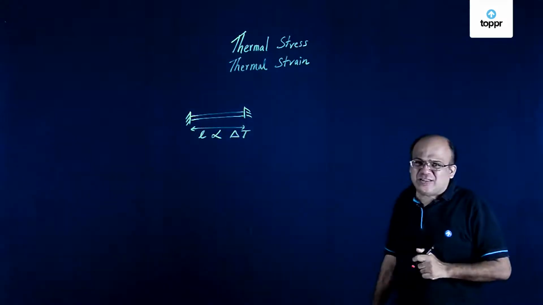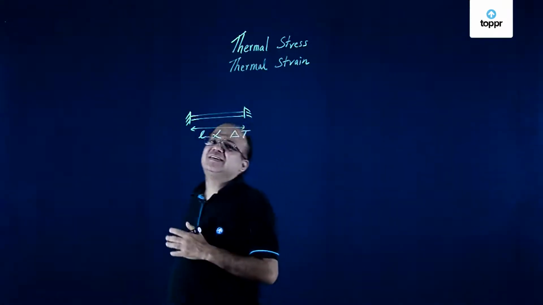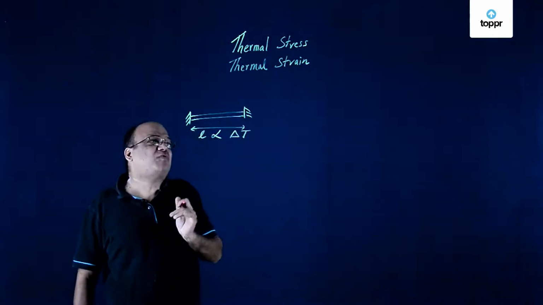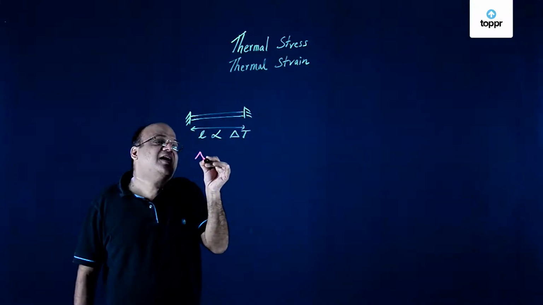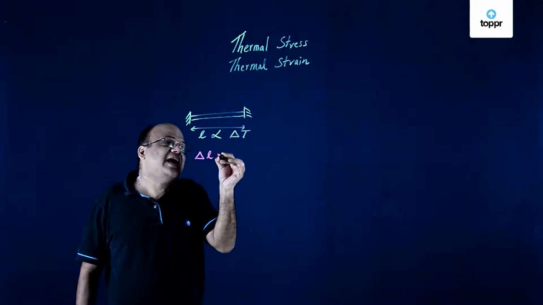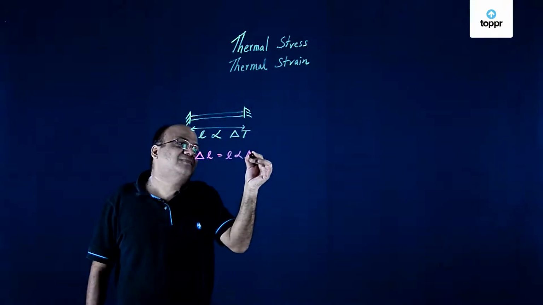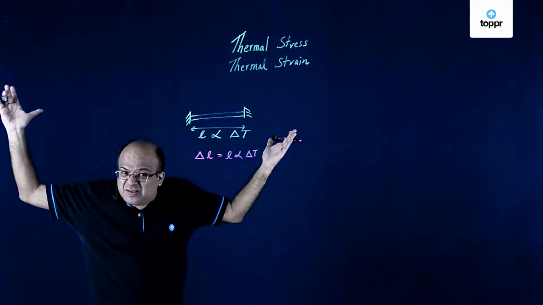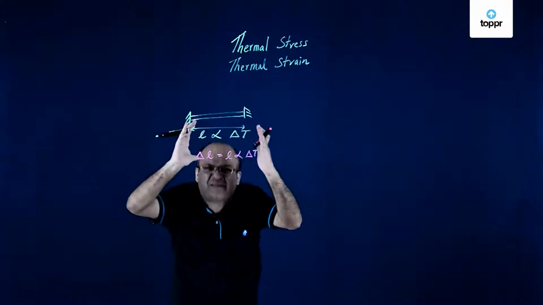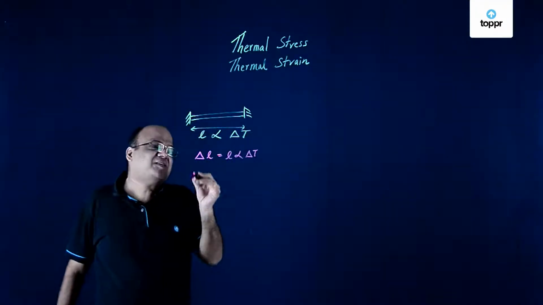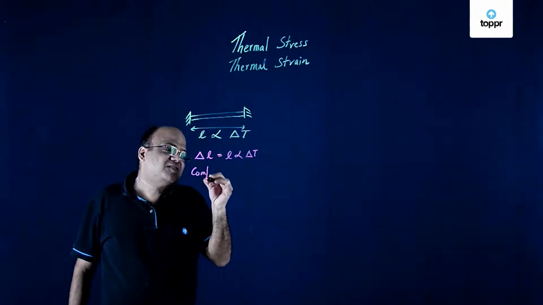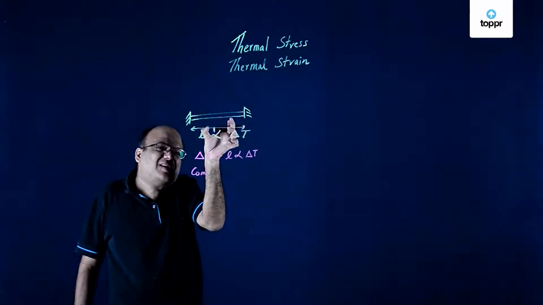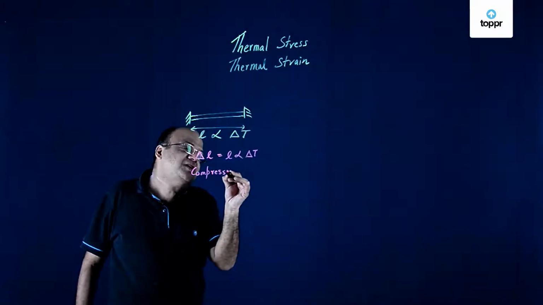So what is the change in length of the rod because of this increase in temperature? Rod actually cannot expand. If the rod was free to expand, delta L would have been L alpha delta T. This if the rod was free to expand, but the rod now cannot expand. So in effect the rod will get compressed by so much. So there will be compressional strain because of this. Right? The rod would have expanded but is not able to expand. So now it is getting compressed, and that compressional strain